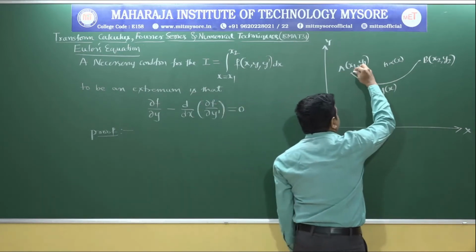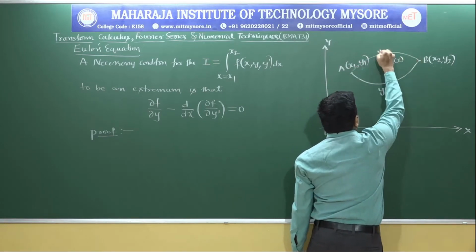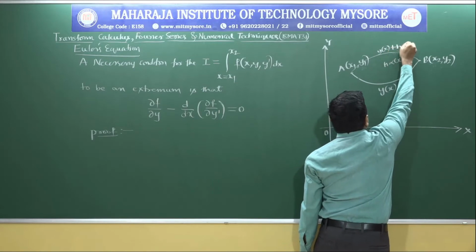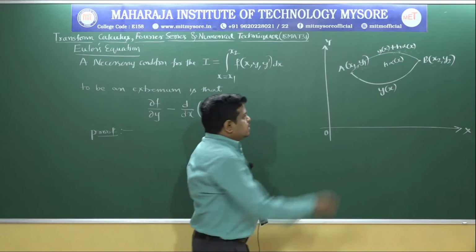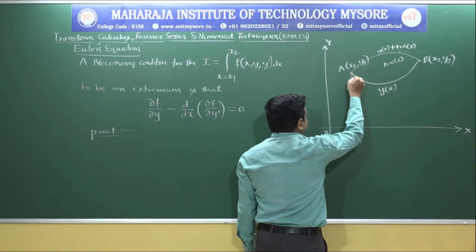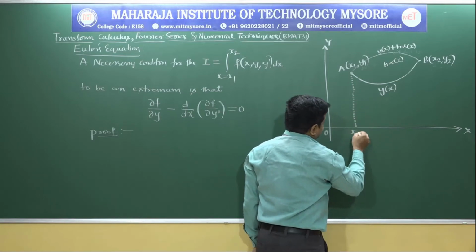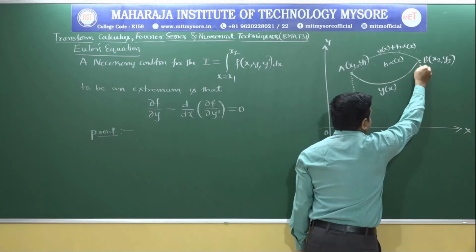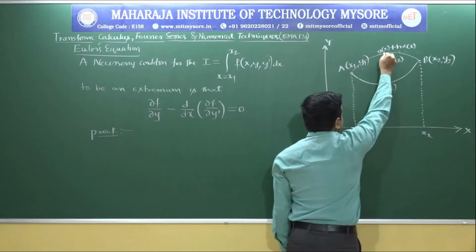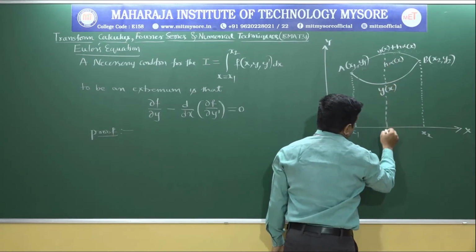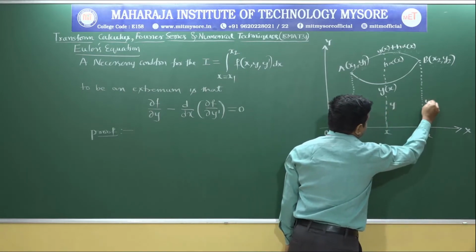Then we arrive at another curve, the neighboring curve y of x plus h into alpha of x, joining the points A and B. Now from the point A, I shall draw a straight line towards the x axis, which we call x1. Similarly from point B we have x2, and this is your x. With respect to the y axis we have y1, y and y2.